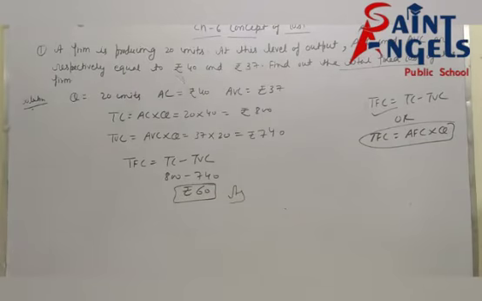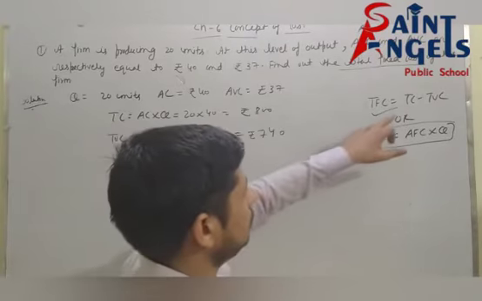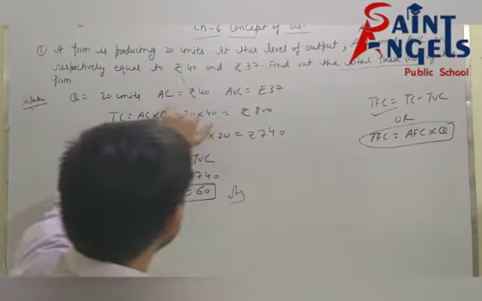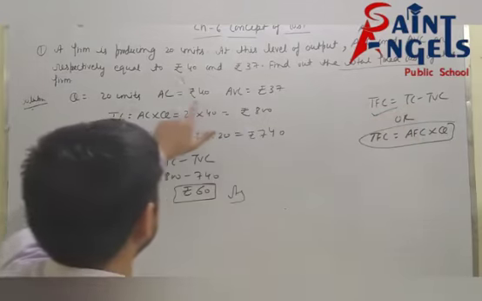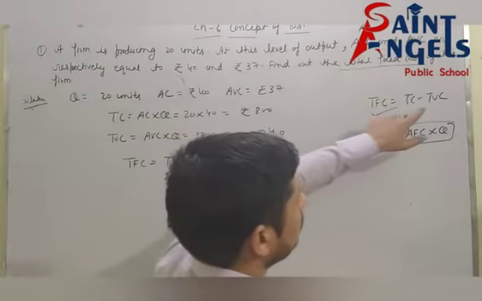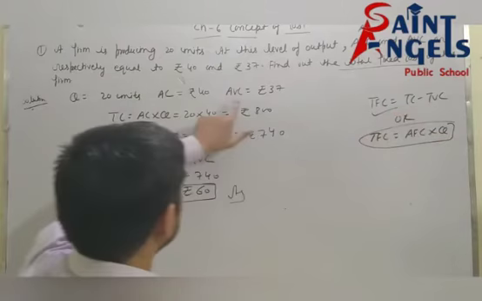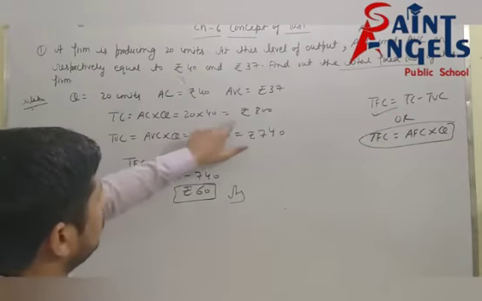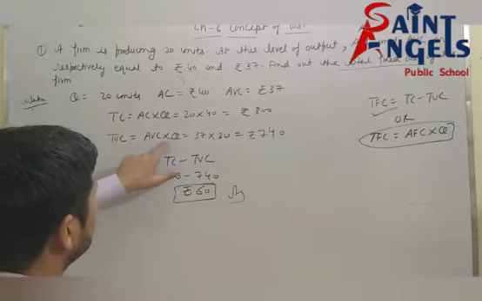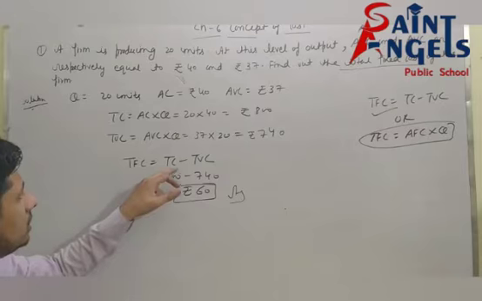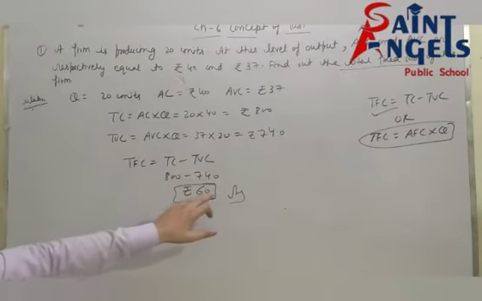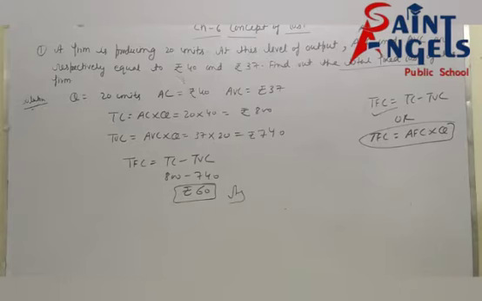I hope all of you have understood how you calculate the value of TFC. You will use this formula, because AC is given here and AVC is given here. First of all you calculate TC with the help of AC and Q, and then calculate TVC with the help of AVC and Q. TC is equal to rupee 800, TVC is equal to AVC into Q, rupee 740, and the formula of TFC is TC minus TVC. 800 minus 740 means rupee 60. I hope all of you have understood. Please pause the video and note this down.